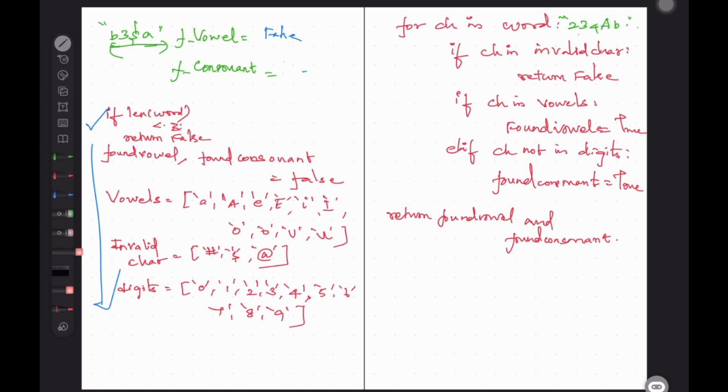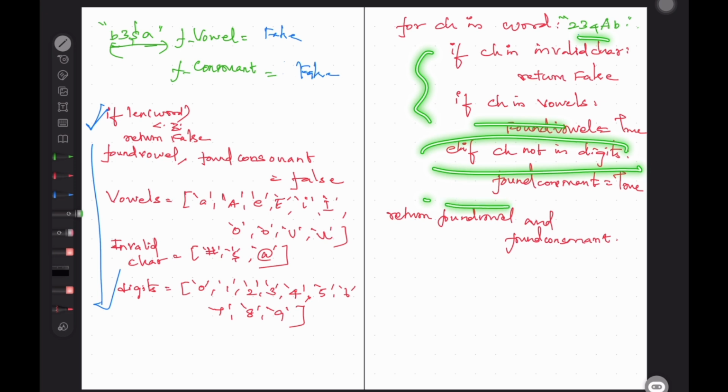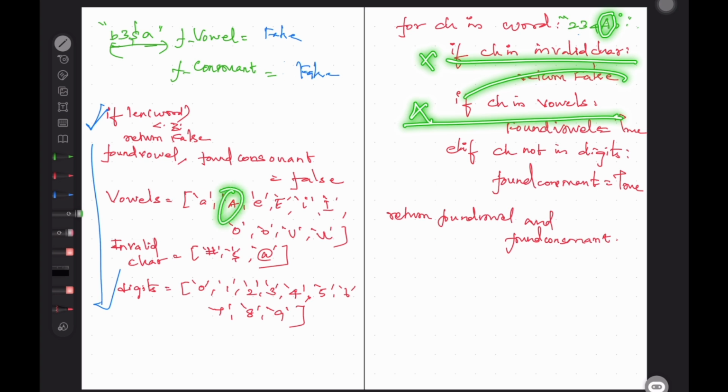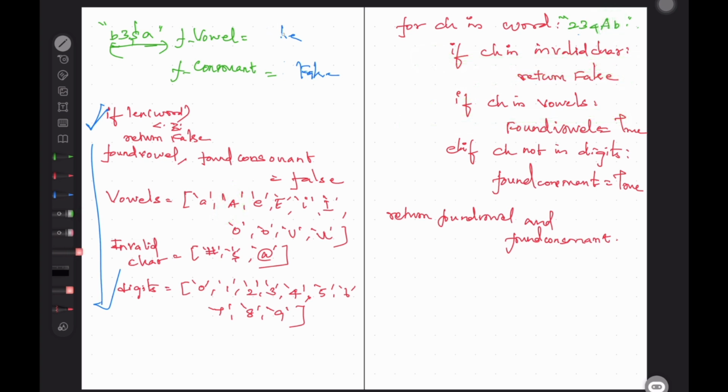The length of this word is also greater than 3, so it will pass here again. Now it will come to 3, which is also a digit, so nothing will be set. 4, nothing will be set. Again A comes. Is A an invalid character? No. A is in vowels, obviously. Then found vowel is set to true.